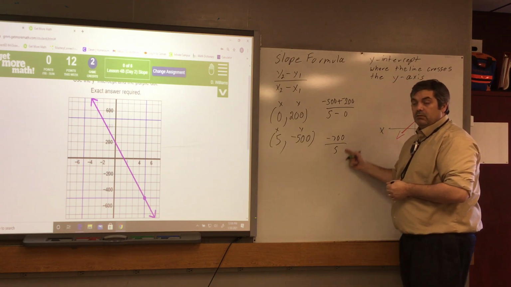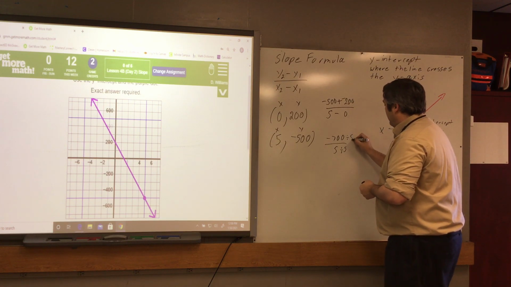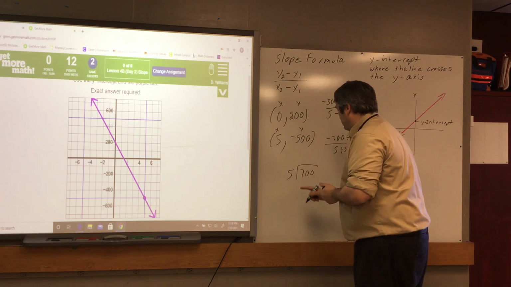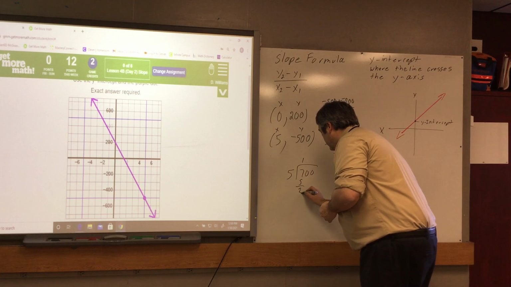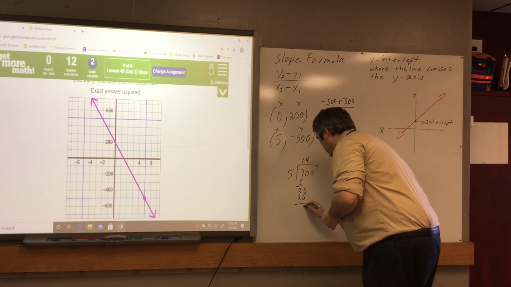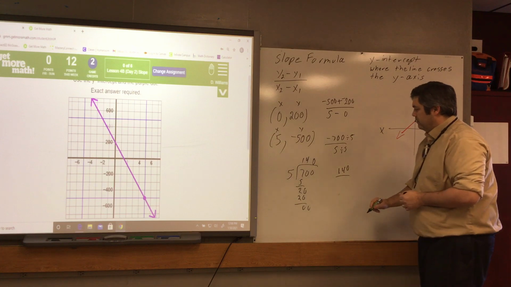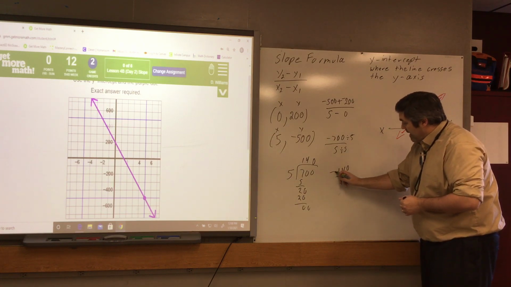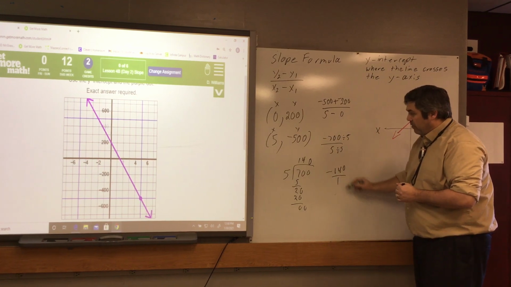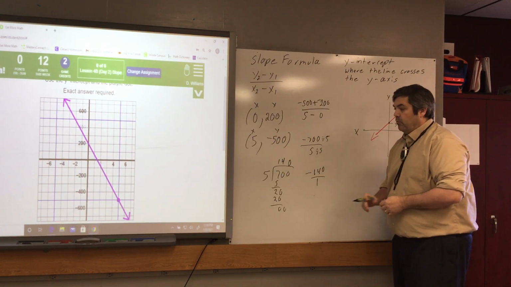Now I need to reduce this. All right, so I know 5 divides evenly into this, so I'm going to divide by 5, and I'm going to do this, make it easier on myself. 2, okay, 140. Okay, so I got 140 over 1, negative, because this is a negative number. So I got a negative 140 over 1. So my slope, my rate of change, is negative 140 over 1, or